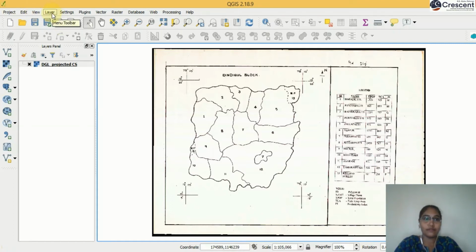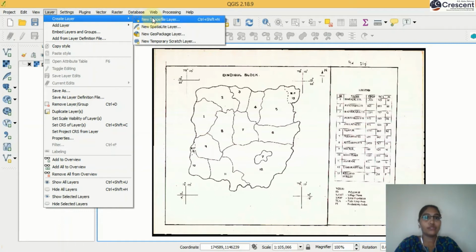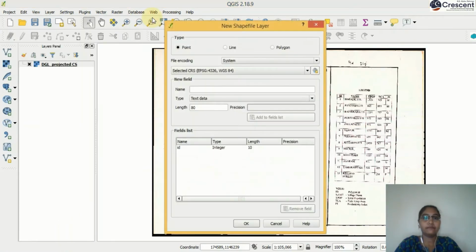There are two steps. One is creation of new shapefile. The next one is on-screen digitization. First we will do the first step. Go to the Layer menu, Create Layer, click New Shapefile Layer. I already told you we are going to digitize polygon features today, so click polygon.